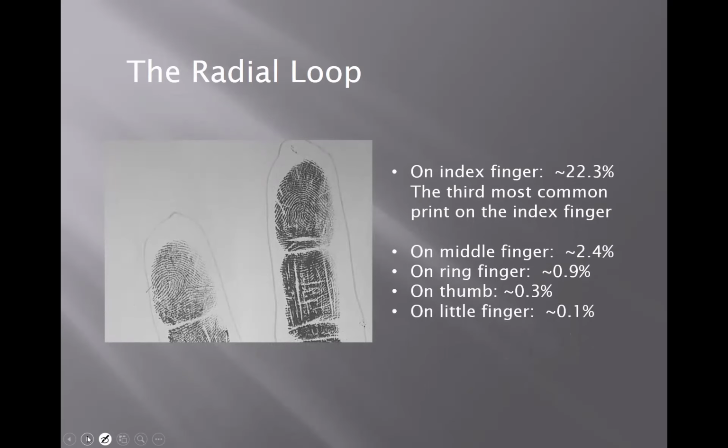Particularly, you never see it on the thumb or the little finger. I mean, I say never. You'd have to see lots and lots of hands before you're even going to find one. But it's very, very rare to see a radial loop on a little finger or on the thumb. The only place you commonly see the radial loop is on the index finger,